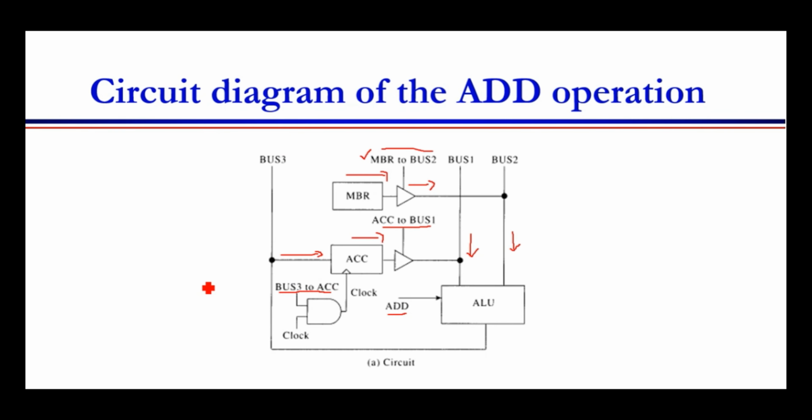So this was the discussion of the bus structure. We have discussed in detail different components that are connected with each other with the help of bus structure. And later on, we discussed an add operation for the add instruction, how many control signals will be generated from the control unit, and how these control signals are connected with the clock, and how the circuit will work for the add